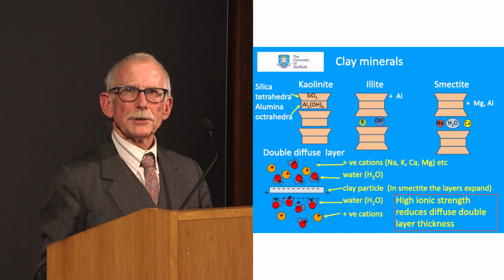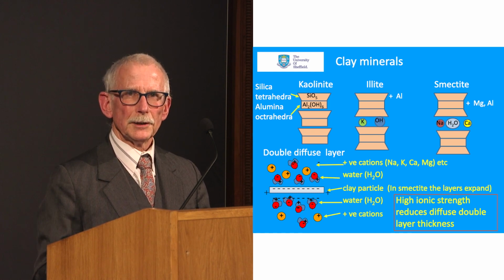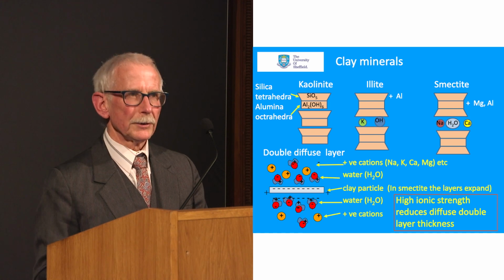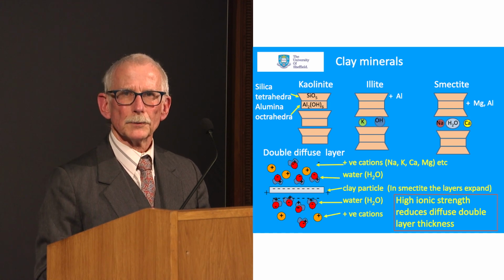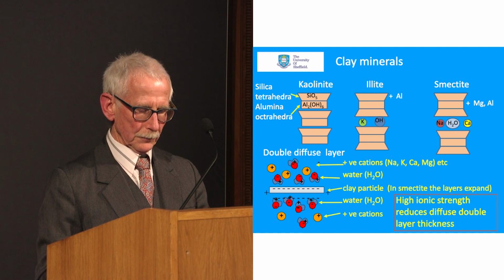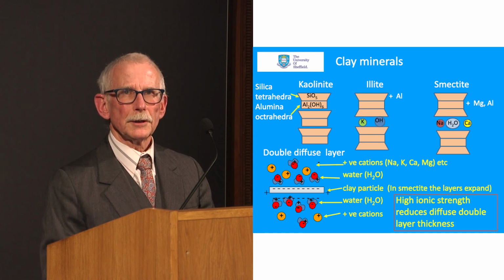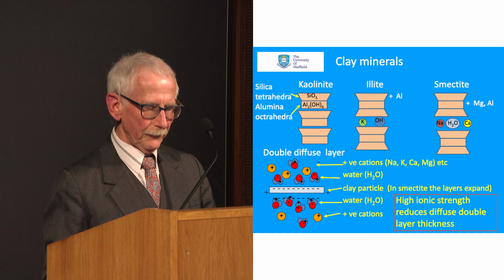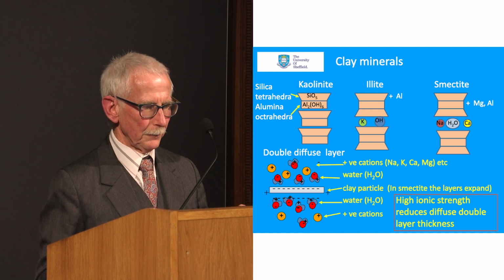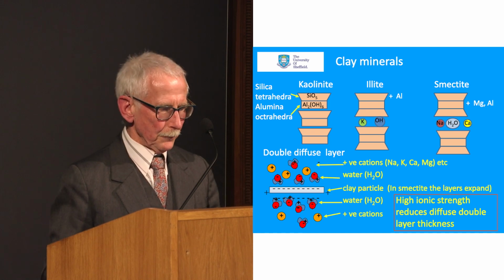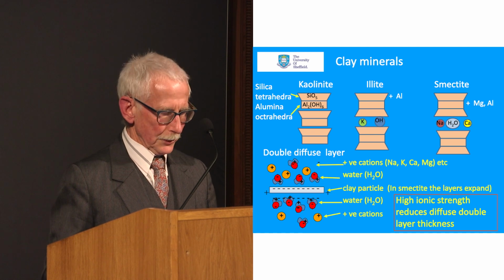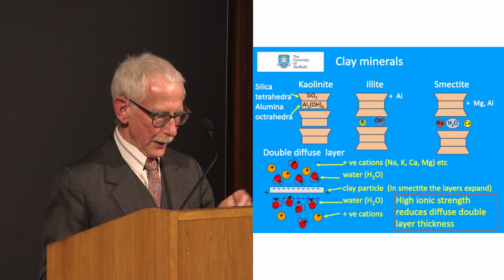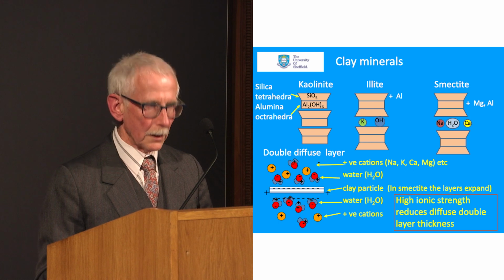The other basic unit are octahedrally coordinated aluminium and hydroxyl or water ions. These are formed into sheets and configured in different ways in the different clays. I'm just going to mention three different sorts of clay. I'm going to talk about kaolinite,